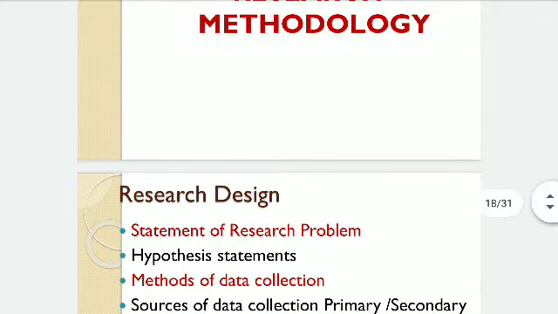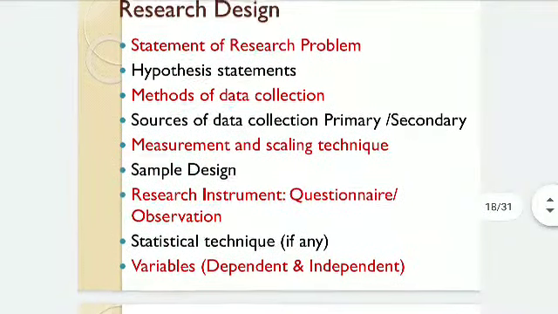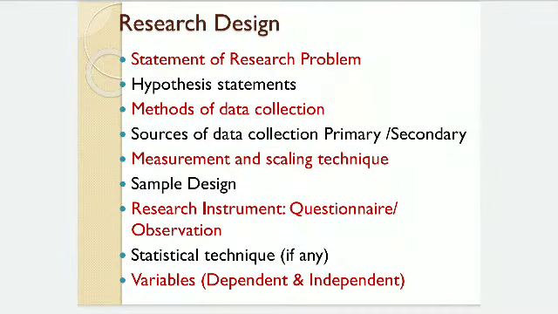So chapter number 3, research methodology, what will it include? It will include the statement of the research problem. Again your guide will help you in framing the research problem. Then various types of hypothesis statements you have to write. Before writing hypothesis statements, you have to identify the variables under study, which are the dependent and independent variables. Again here your guide will help you to frame the hypothesis statements.